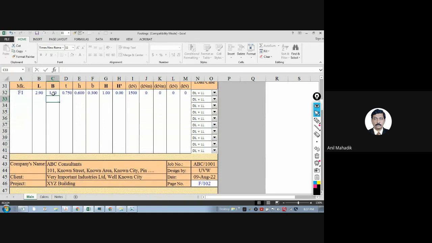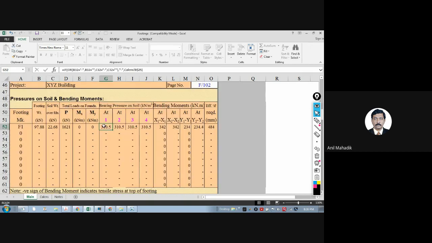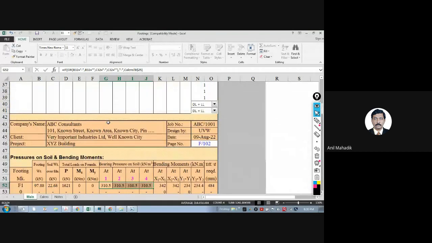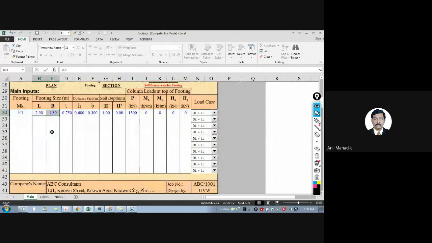So whenever we design, if you use the Excel sheets or softwares, then you can optimize. If you do it manually, then you cannot optimize, because to optimize you need to do the design 4 times, 5 times, then and then you can optimize. Otherwise it is really difficult to do manually, and that's why the spreadsheets are important in our case. Now you have understood that if the design is failed by bearing pressure, then you need to increase the size of the footing first. Okay, now I will ask you,